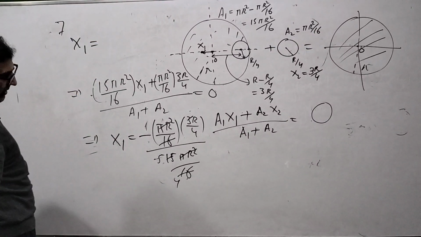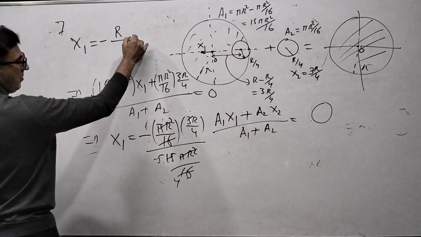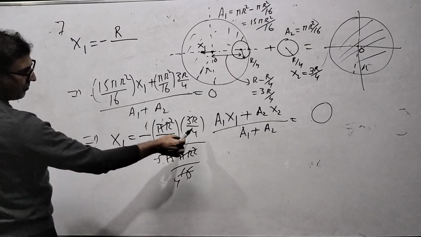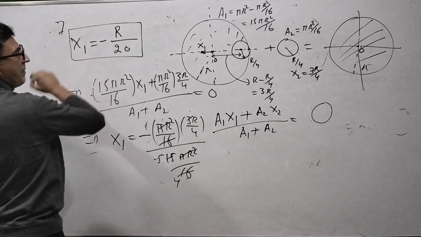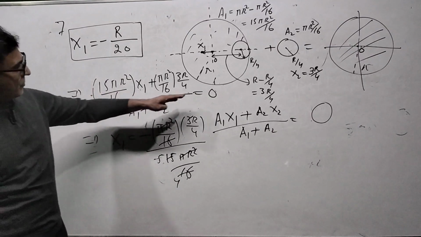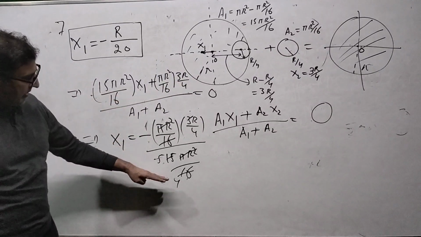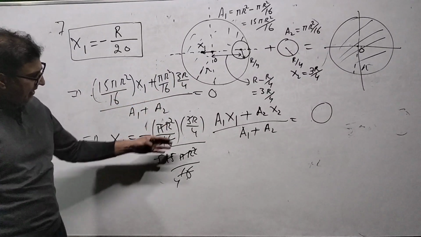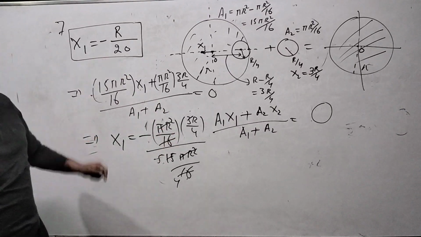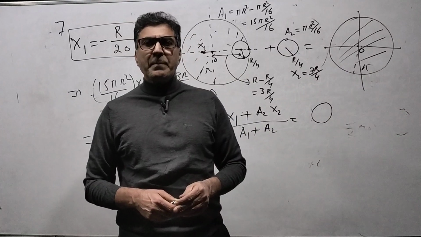That is equal to minus r by 20, whole divided by 5 4 20, आंसर। ये आप अच्छी तरह से देख लो, जब आपने 0 कर दिया तब ये अच्छी तरह से आप एक क्वांटिटी को शिफ्ट करो और ये डिवाइड करके आपको मिल जाता है। अब हो सकता है आप 2 स्टेप्स में कीजिए, मैंने एक स्टेप में कर दिया, आप इसको एनालिसिस करके 2 स्टेप में कर सकते हैं।